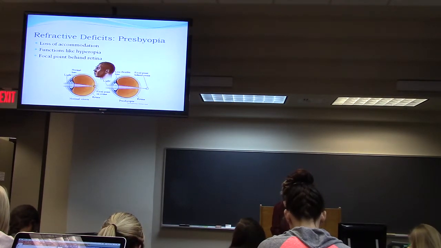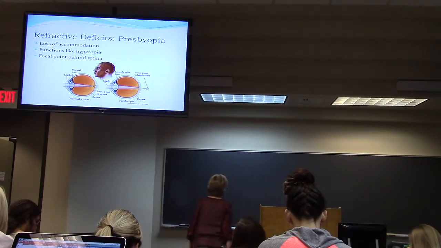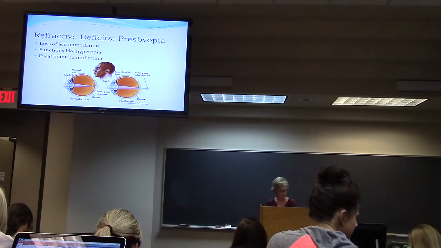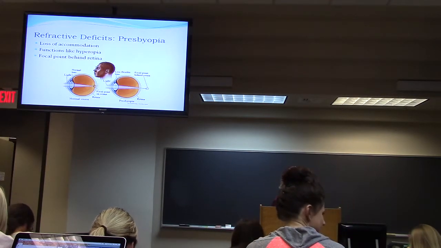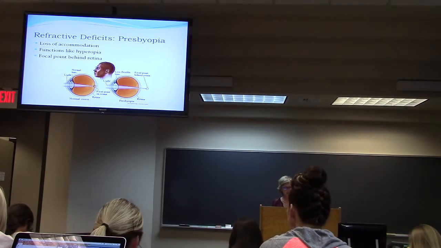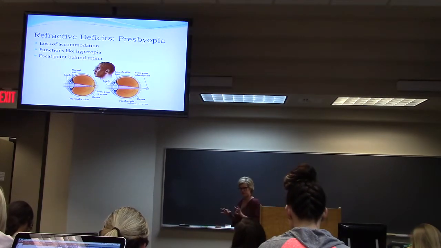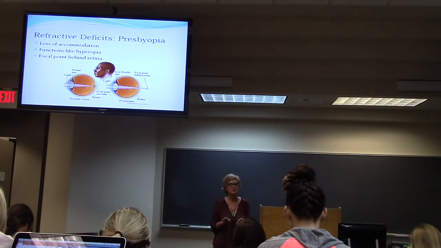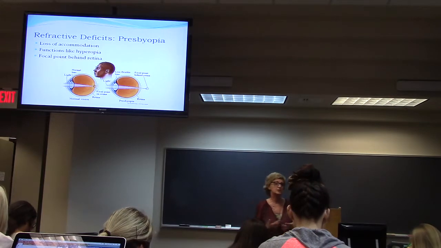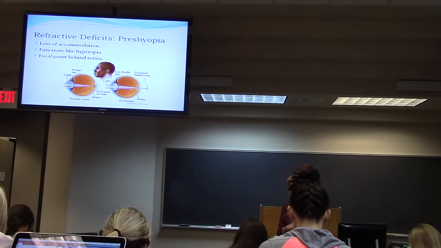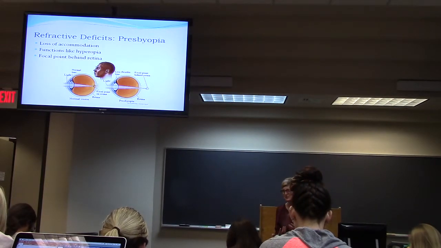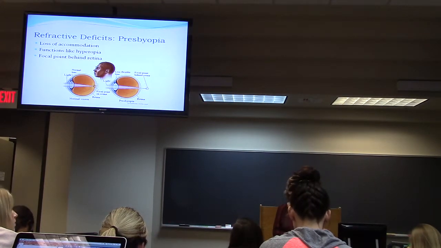And then the old presbyopia. Pres referring to aging. I love the roots of words, and I know you do too. Pres means age or elder. Anyway, it's the change that occurs with the aging eye. The eyeball isn't changing shape. It's the fact that you're losing accommodation. But it functions like hyperopia,